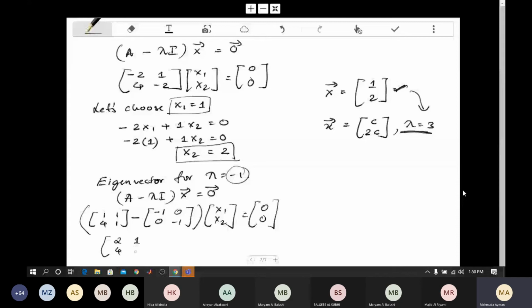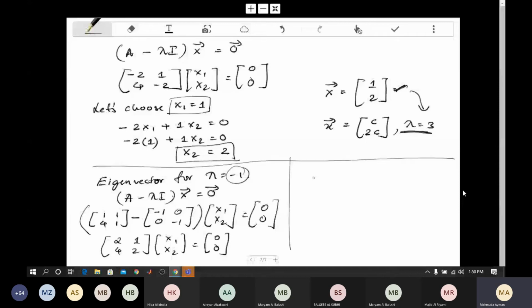Okay, now again, let's choose x1 is equal to 1. And if we do that,